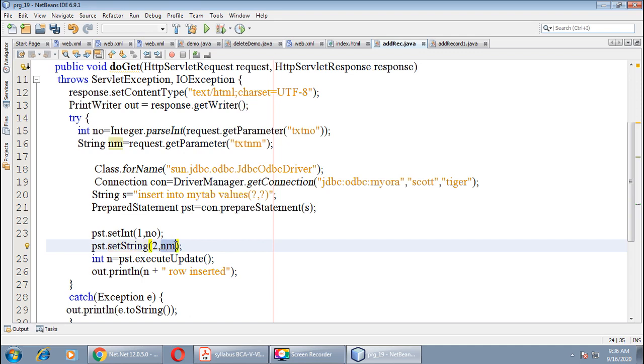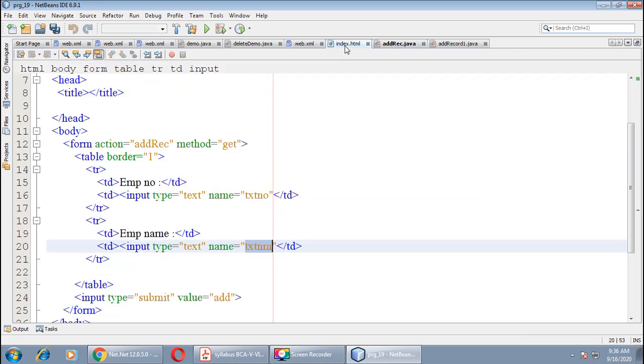Even you can send a static value for this question mark, but instead of passing a static value, I want to pass the value which is entered in the text box of the index.html page, right? How will it come over here? So let us repeat. txt_nm is a text box defined in your index.html file. Here it is, right?